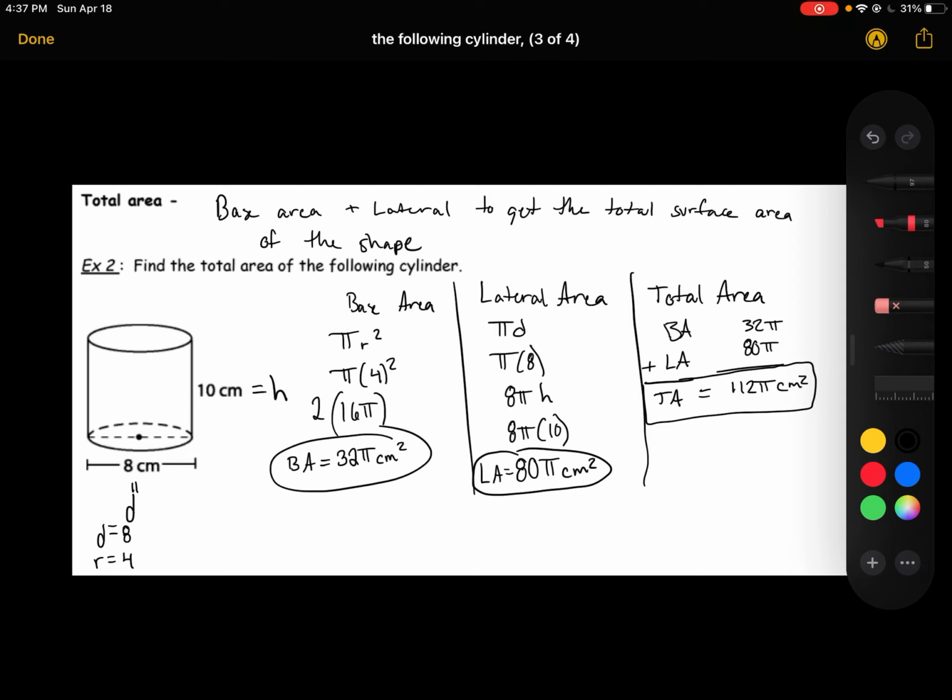So some good practice here. We'll have a few questions that follow, but the big idea is to think about what is your radius, what is your diameter, and then honestly from there, it's just plugging into a bunch of circle formulas to get the final